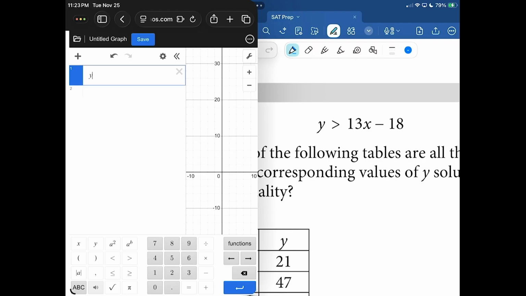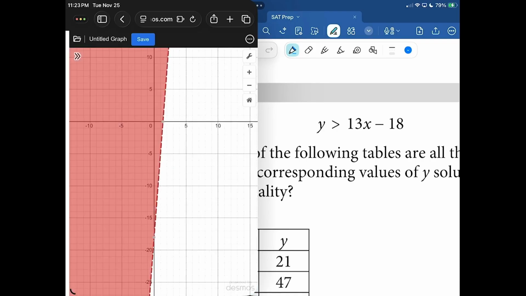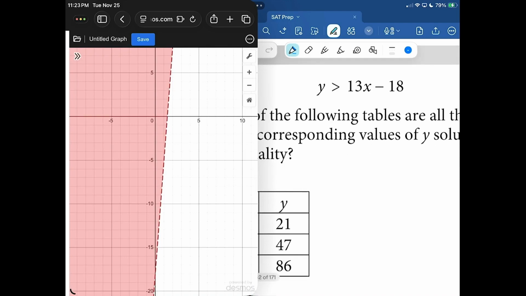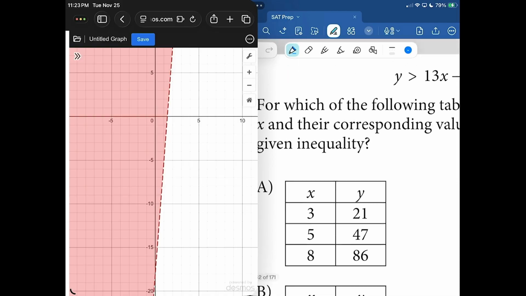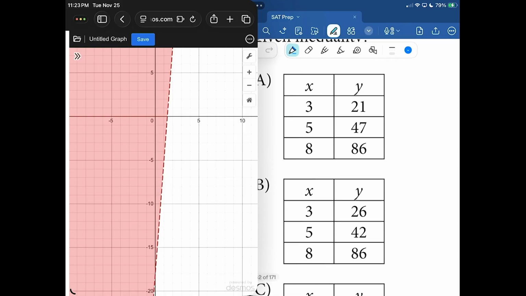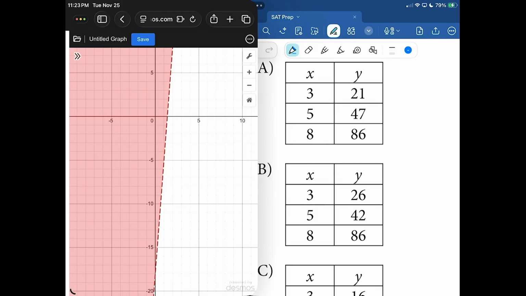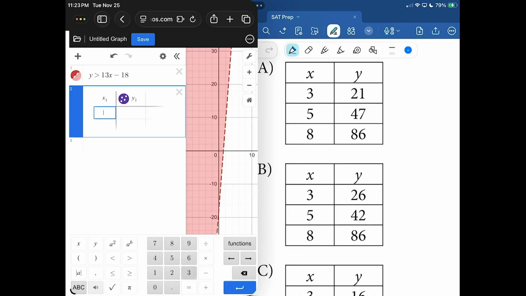We can simply plug in the inequality y is greater than 13x minus 18. And what we're going to be doing is looking at the solution sets and seeing if these points are within the line. Now, because we have a strictly greater than symbol and not a greater than or equal to, these points cannot fall on the line. Now, you can also input these in as tables, which might be helpful if you're not familiar with this. So we can do 3, 5, 8,